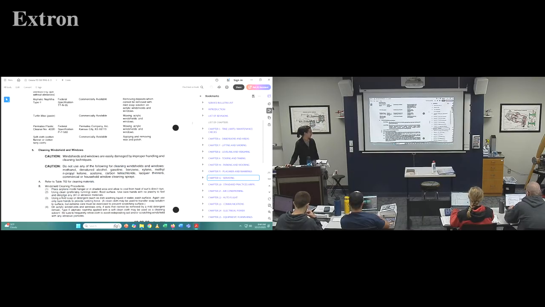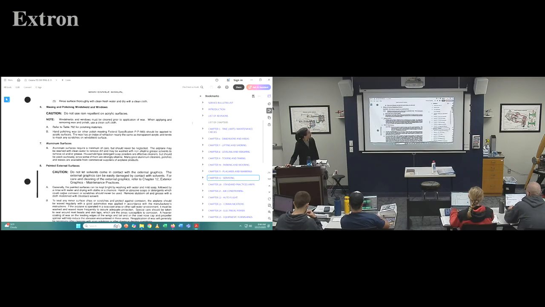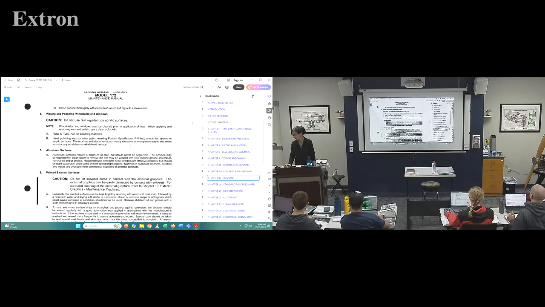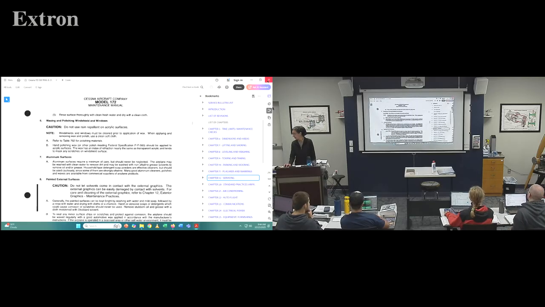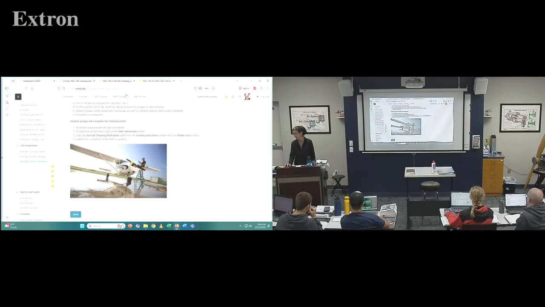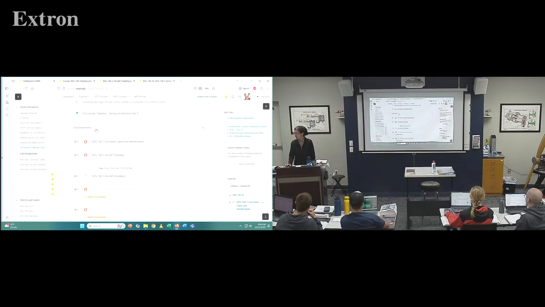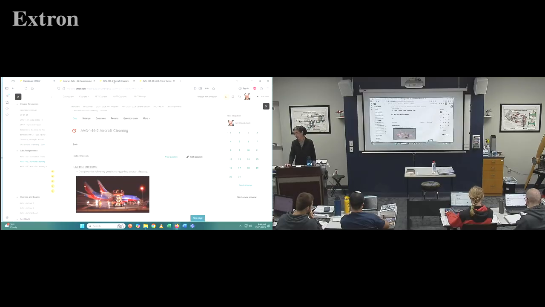Then it gives you windshield cleaning procedures, waxing and polishing. So when you go to the manual, look through it. There's really good information in this. This is from the 172 manual, a manual that you will not be looking at because I'm assigning you other aircraft. So I opened up Lab 2 aircraft cleaning and Lab 2 Part 2 aircraft cleaning. So just Lab 2 is going to have 21 questions,